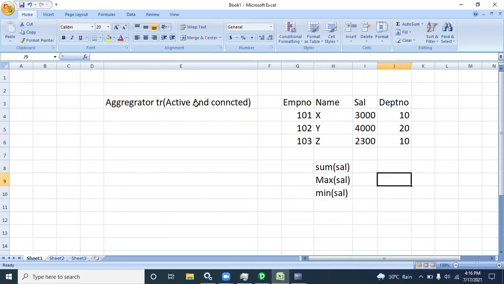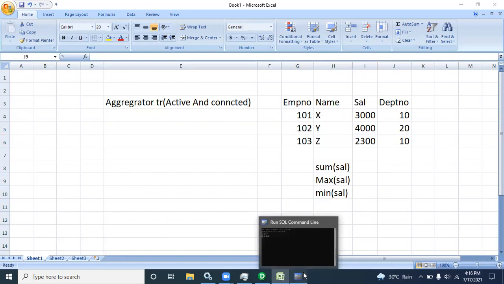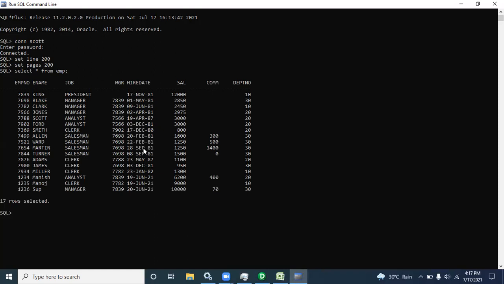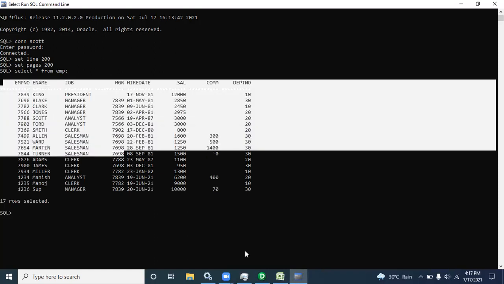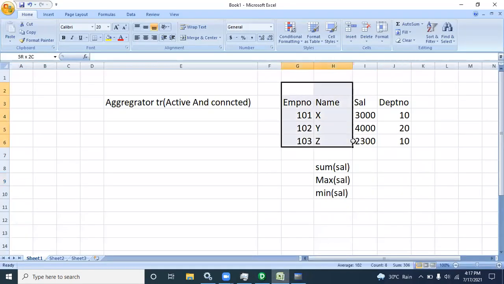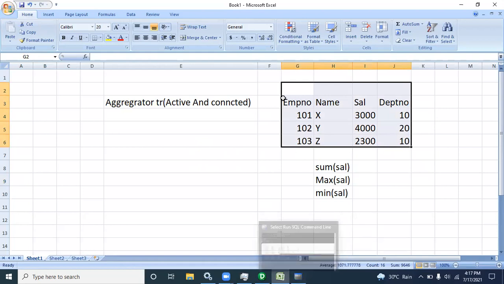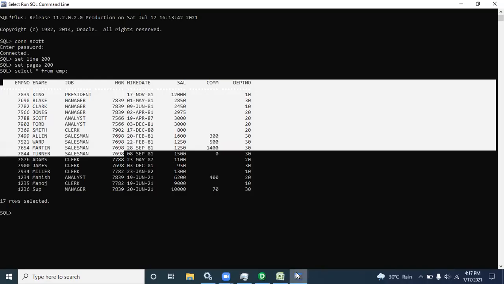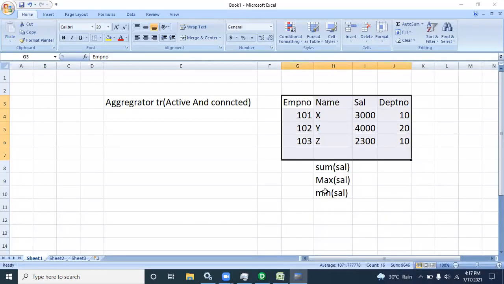in the transformation called aggregator. When you go to Oracle, suppose select star from EMP, and inside that there are 17 records. Just for understanding purposes I showed you the Excel sheet. If there is a small number of records, you can easily find the maximum, minimum, sum of salary.